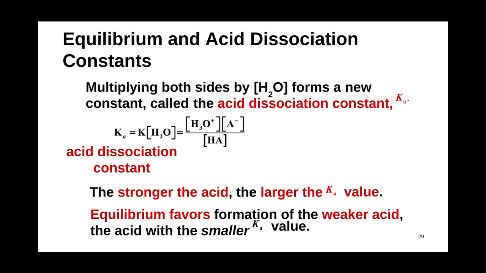Which is kind of nice, right? Conceptually it fits together nicely, because mathematically, when you calculate Ka for an acid, the stronger the acid, the smaller the denominator, because more acid is dissolved, right? So the more acid dissolved, the stronger the acid, thus the larger the Ka. And why is that? Because your denominator is getting smaller.